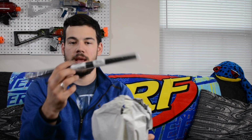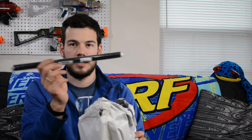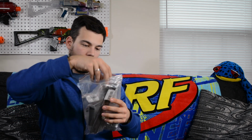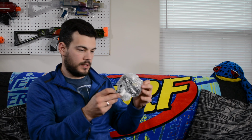So we have a barrel, which is the Worker barrel. This is probably longer than we actually need, but you can always cut it down. So that's pretty cool, and that will go inside to put a muzzle on there and make it look a little more tactical, so that should be cool. Start with this here. I think this has all the parts for the specific kit, and you will get a